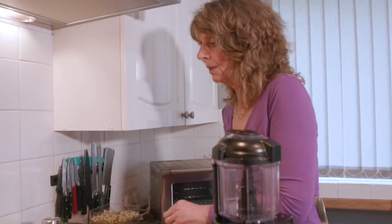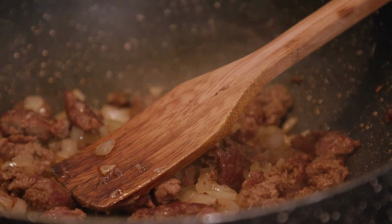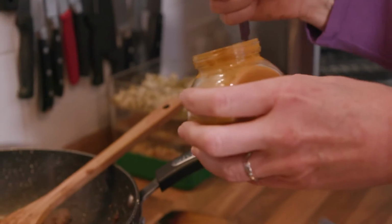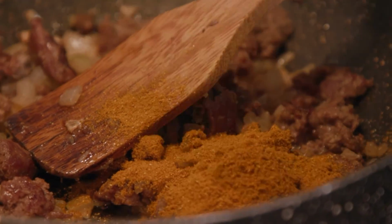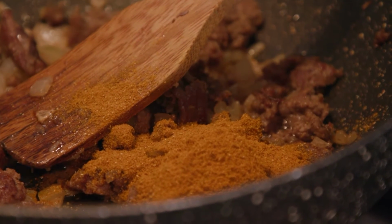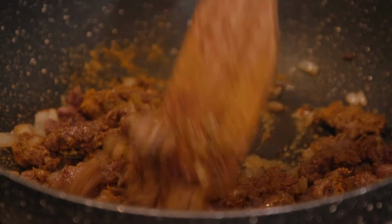So it's been a couple of minutes while it's been cooking. So now we want to add in this curry powder. This is one of the only dishes I actually use curry powder for. Ideally you want to be using organic curry powder, but to start with, if you haven't got it, just use your normal curry powder. As soon as you can feel the spices starting to cook a little,